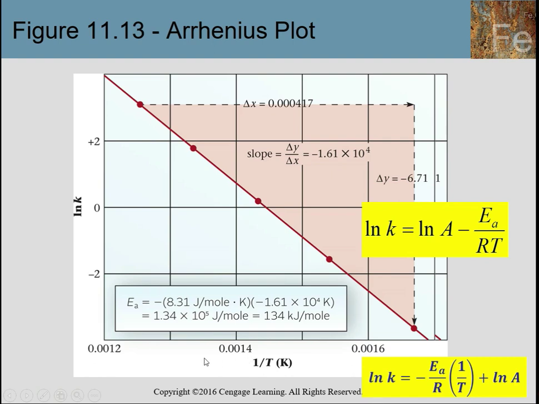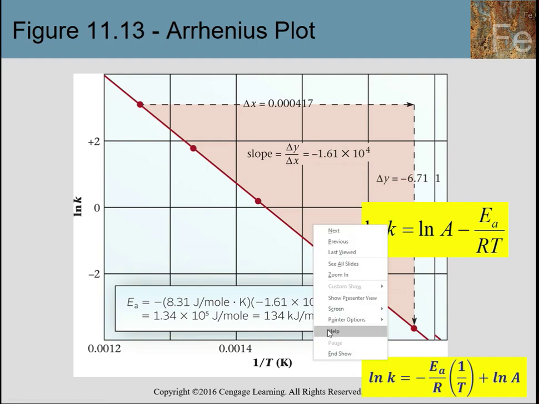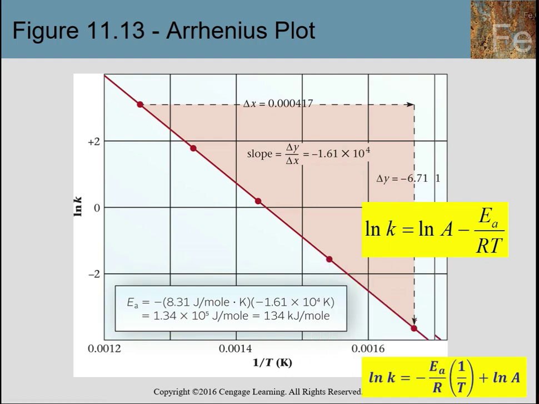If I want to graph my k values that I got and my temperatures, I'm going to get a weird graph. But what you would have noticed if we had done the lab is if you were to graph the natural log of the k values versus the inverse of the Kelvin temperatures,